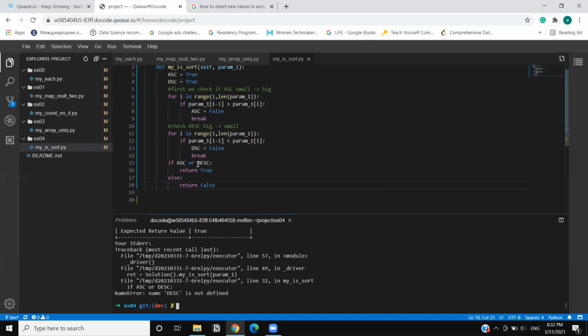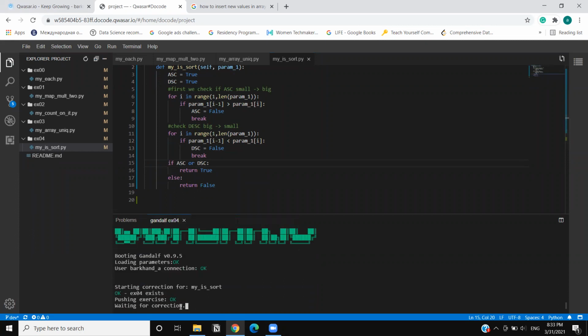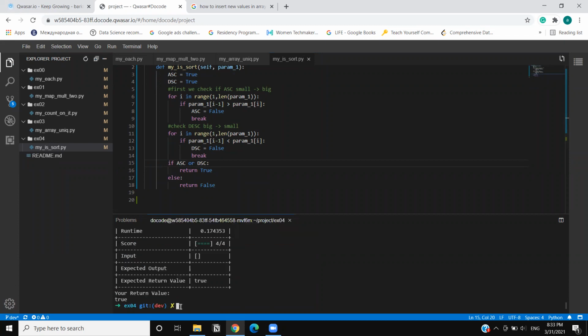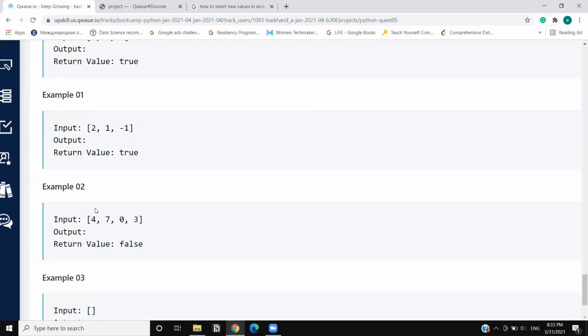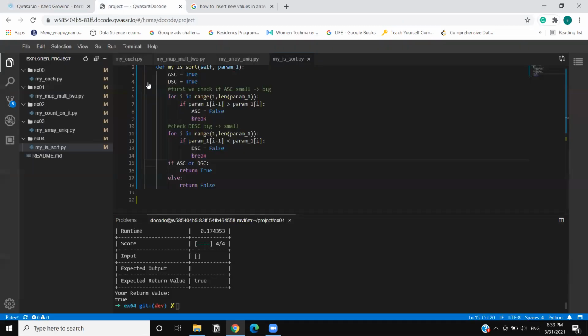Okay, success. So it was the last one. I hope you understood the difference between while loop and for loop, and how to work with arrays. If you have any questions, please ask me in any language, in Russian, in Kazakh,